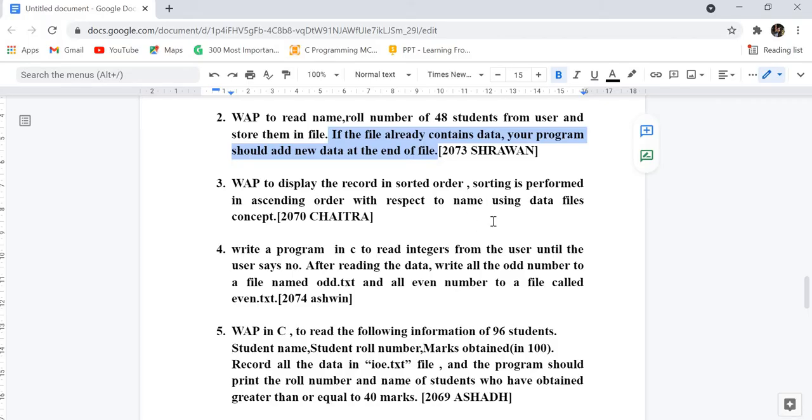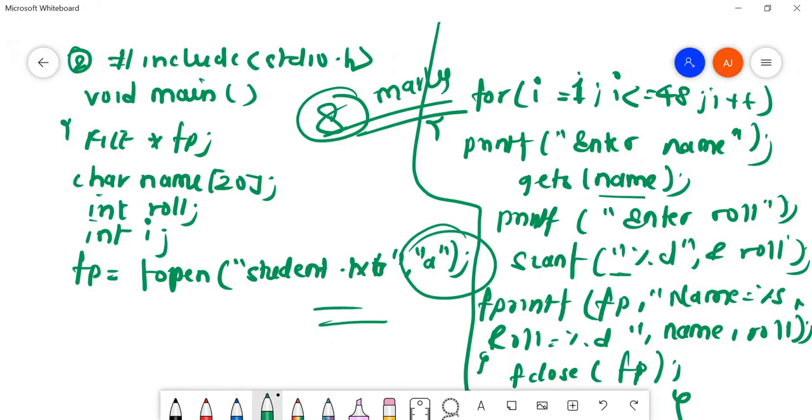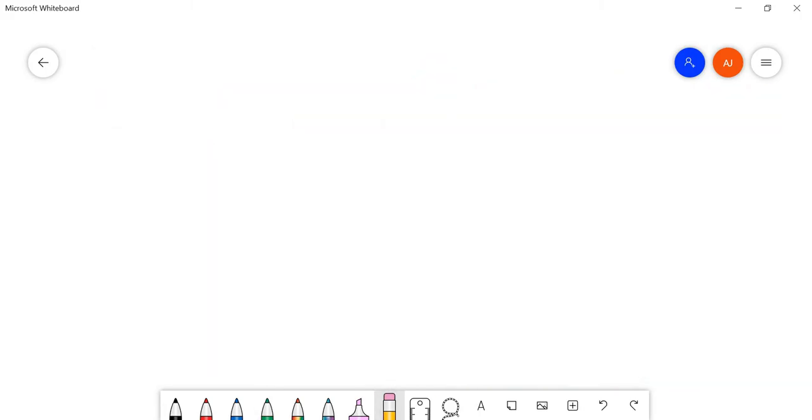Let's see how this can be solved. I'm going to the program portion. You can solve this in different ways. I'm using one method; you can use some other method to solve this. I'm just giving you the trick of how to solve this. Third question: there are 10 names in the data file, already written in an existing file. We are assuming there is a file where they have already written 10 names, so we have to open this file.